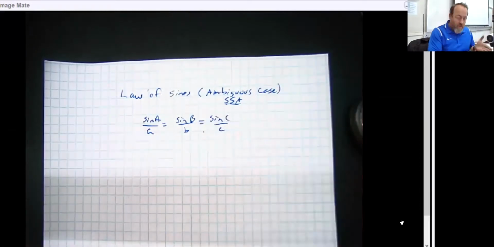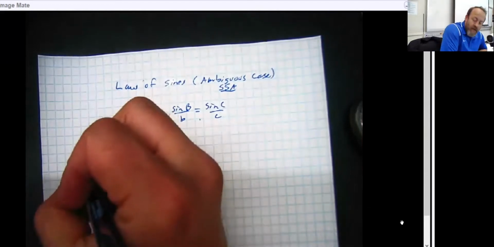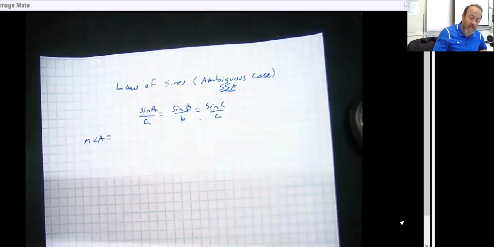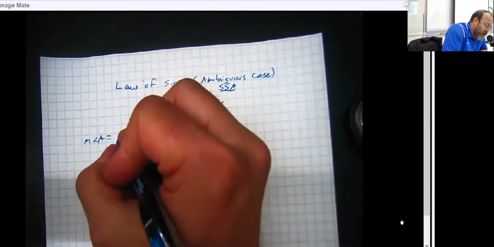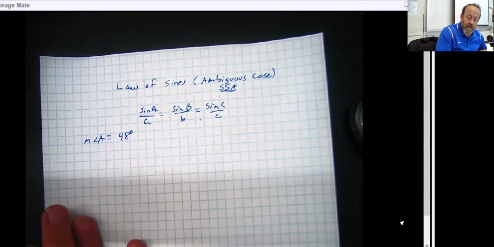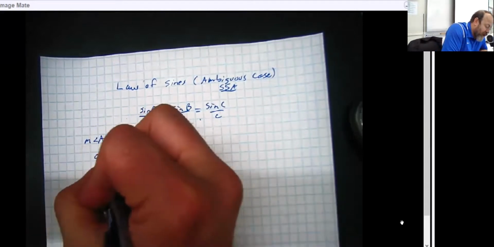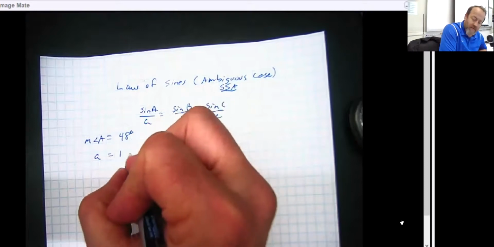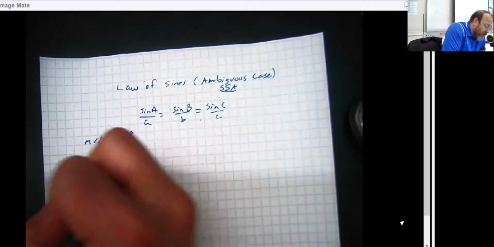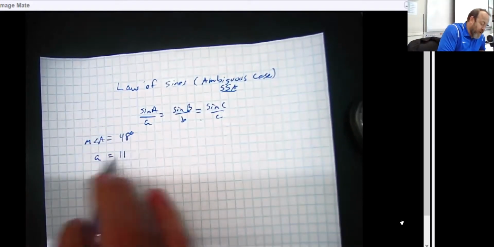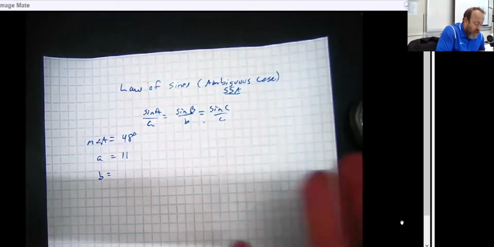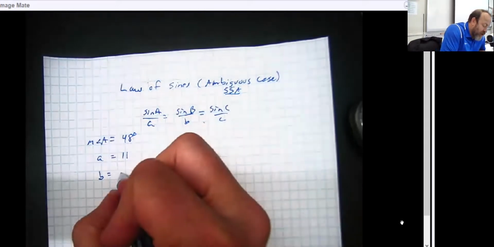So kind of going through the story this way, imagine that we have a triangle where the measure of some angle A is, I kind of rigged something up so I had some numbers to start with, let's say it's 48 degrees. And I have some side opposite that, and this time I'm going to go with side a is, let's say, 11. The last little piece is I'm going to do a couple of different problems all building on this. So the first one I'm going to do is, let's imagine that I tell you that B is some extra value in there, and let's say that it is